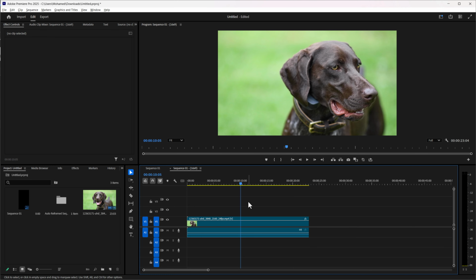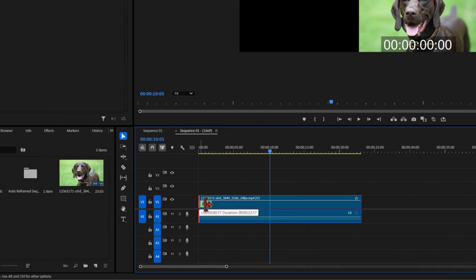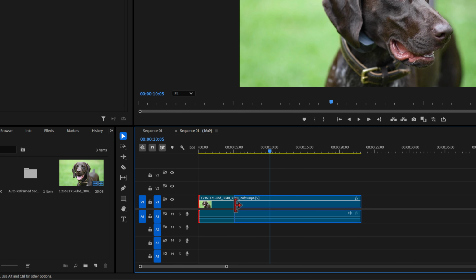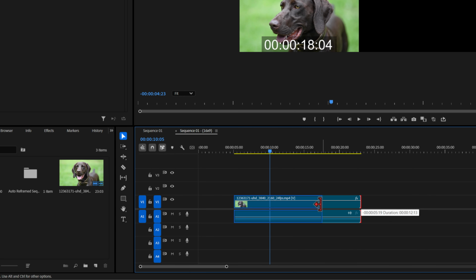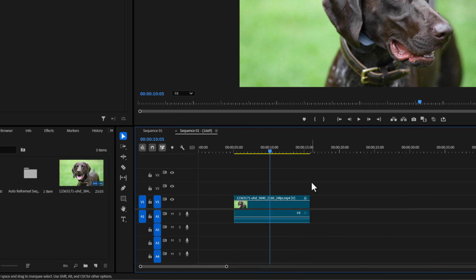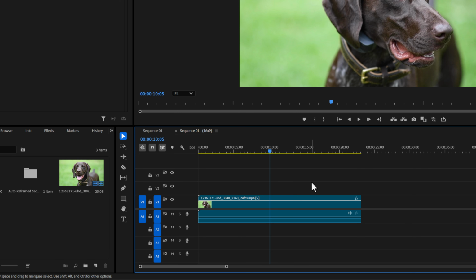There are three main ways to cut and trim video clips in Premiere Pro. The first way involves moving your cursor to the end of your video, where you'll see a red line appear. You can click and drag this red line to shorten the beginning or end of your video. However, this method isn't very helpful because it only allows us to edit the outsides of a clip, so that's